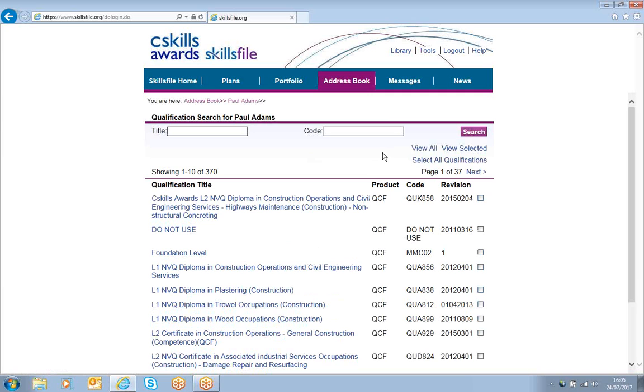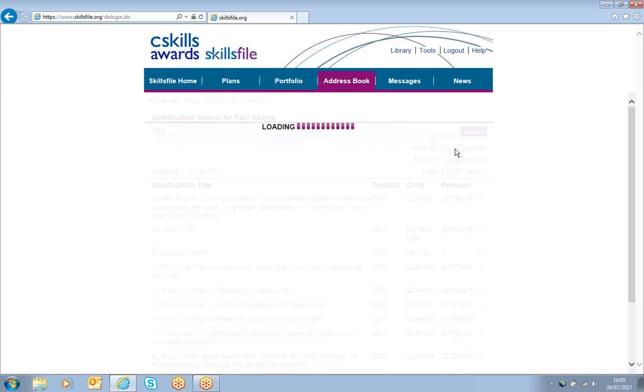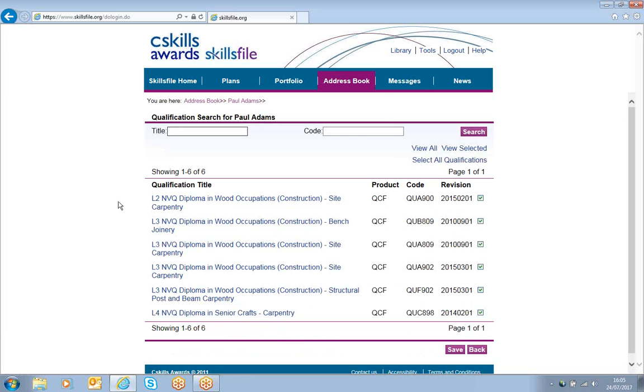Now you've allocated that qualification, but there may be a situation where, as it's a new qualification for him, you want the IV or IQA to be able to sample that more than the other ones which he's familiar with delivering. So if you click view selected, you can see the qualifications you've added. There's bench, so click on bench,